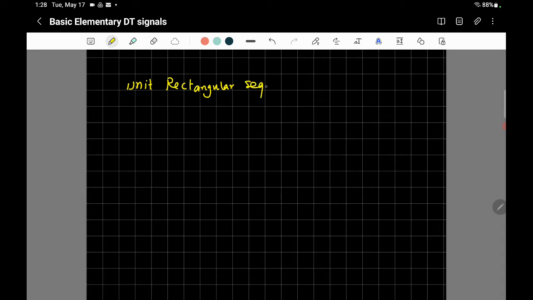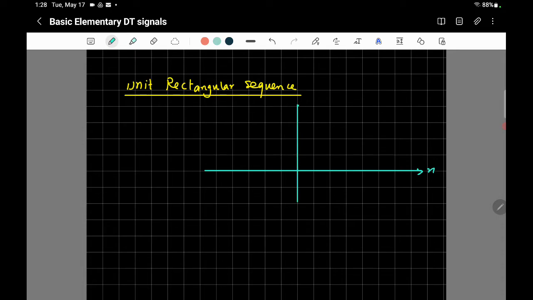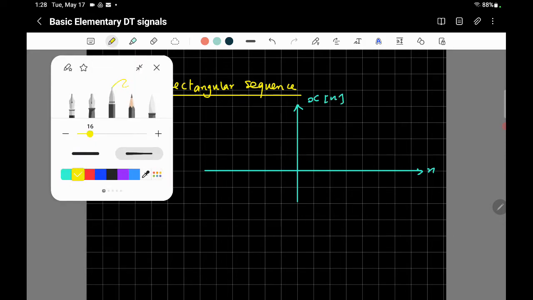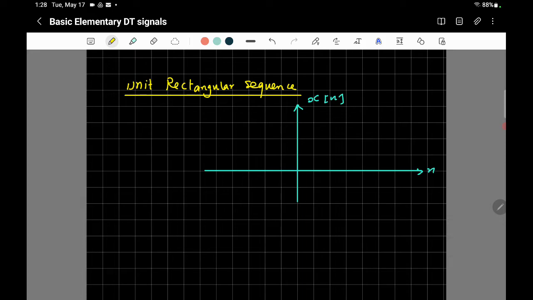Or we can write sequence, as we agree. Again, let's have the vertical axis and the horizontal axis. That's n, and that's the x of n. And it's symmetric. So let's say that it starts here to have value, it has 1,